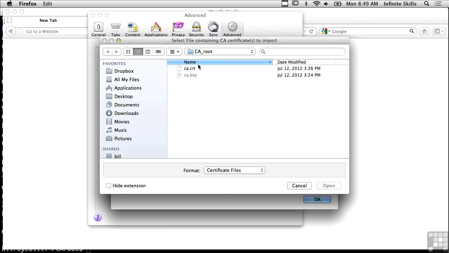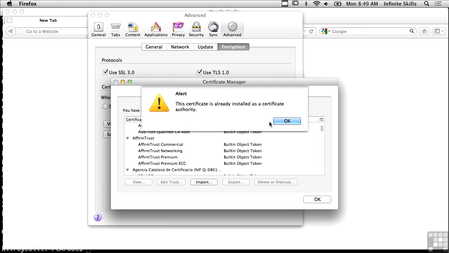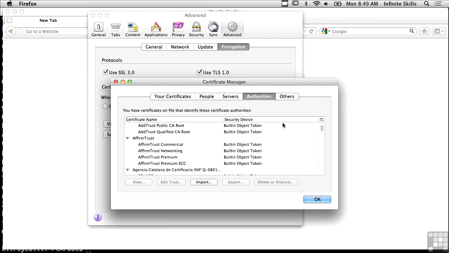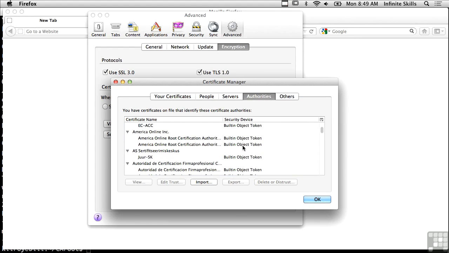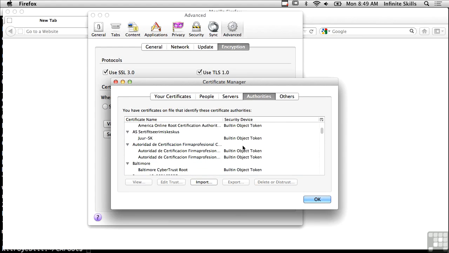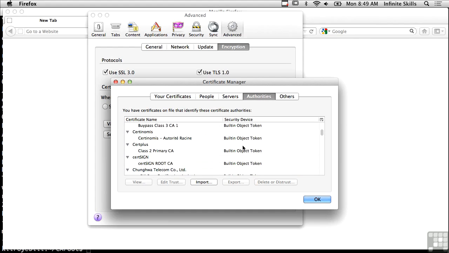and here's an example of one, the ca.crt. I could open that up, and it's telling me it's already installed. So there's a certificate here that I created as a CA certificate that's already been installed in this browser as a certificate authority. So lots of authorities here, and every one of these is capable of creating certificates for users